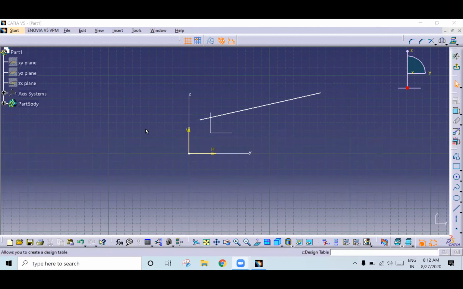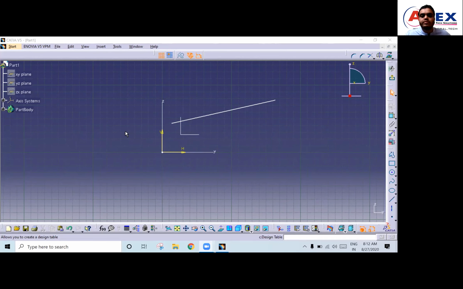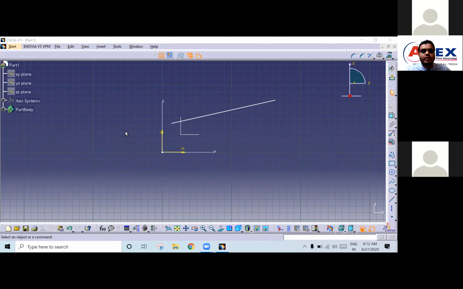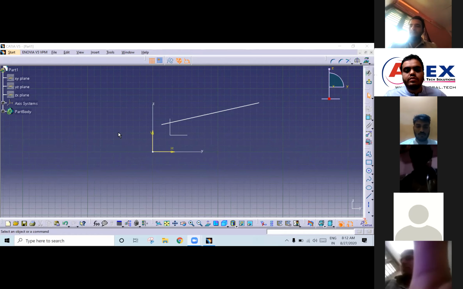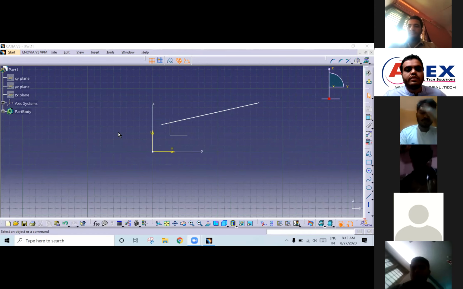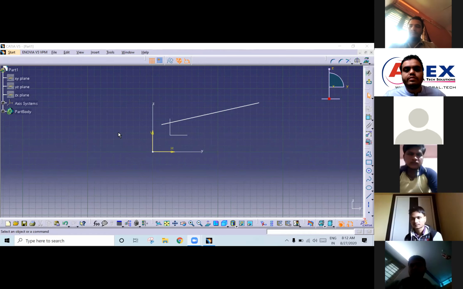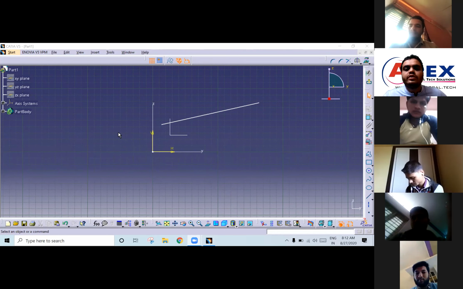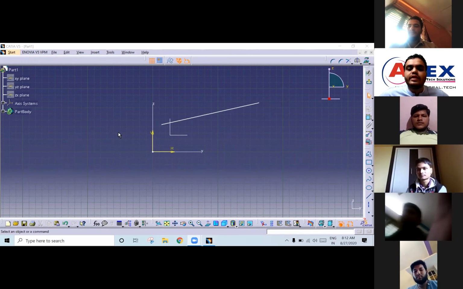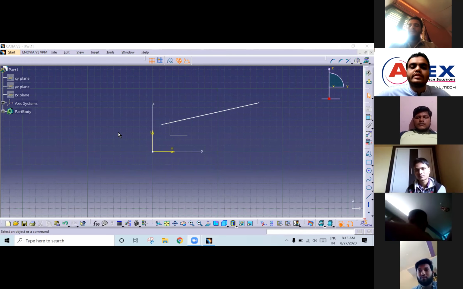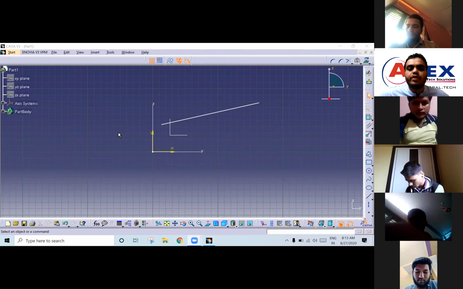Under constraint means, if you have created a sketch and the sketch is in white color, that means it is not constrained. Next, note down the second point.